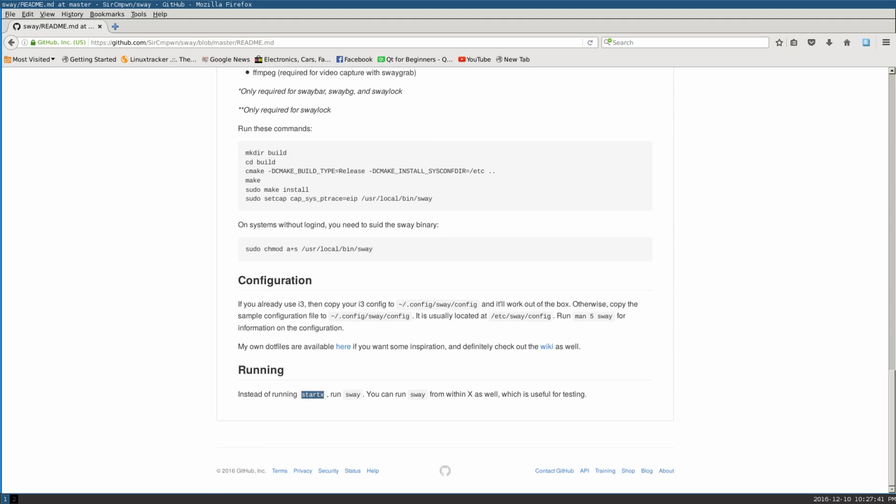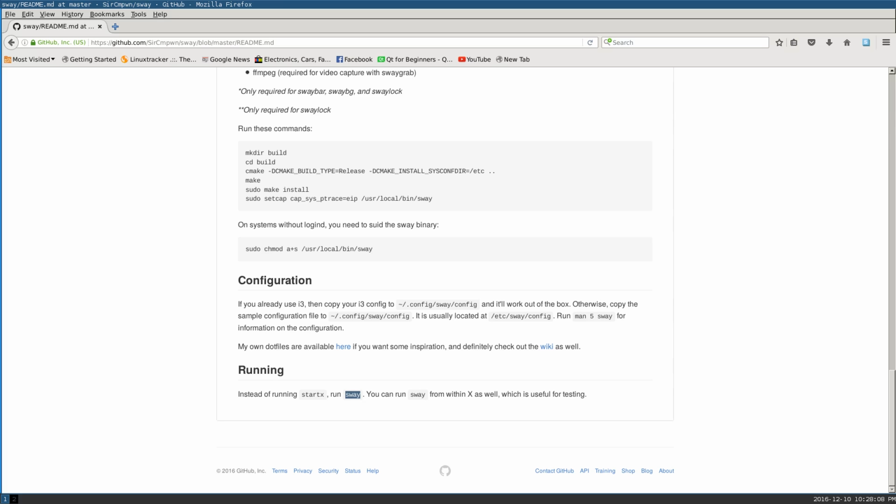The beautiful thing about this, by the way, is that instead of running startx, you say Sway, right? And you can do that right from the command line. You remember, like, if you were trying to run a window manager directly, sometimes it wouldn't work because you needed to have XDM started first, or KDM, or SDDM, or whatever display manager, or it just complained that it needed X first anyway. But because this runs off of the Wayland protocol,